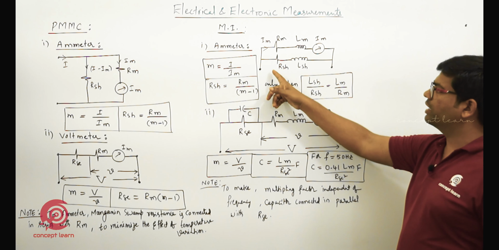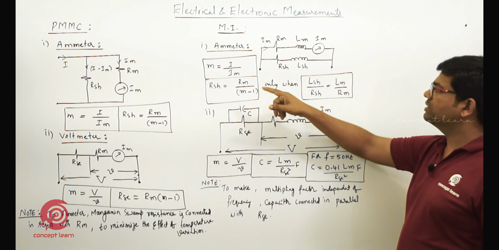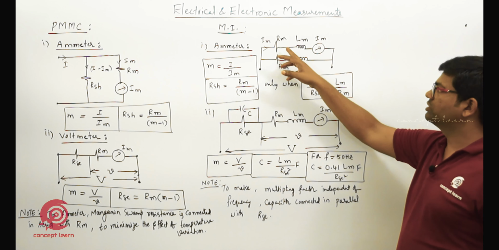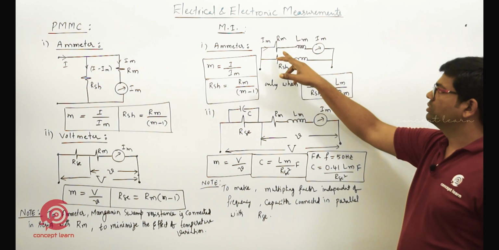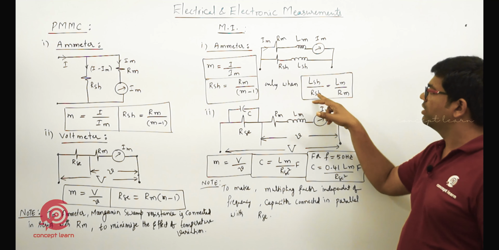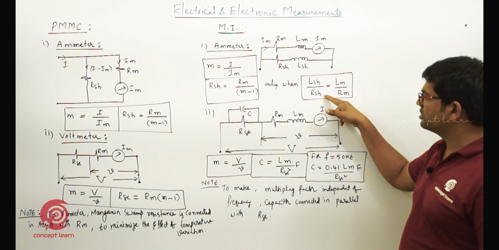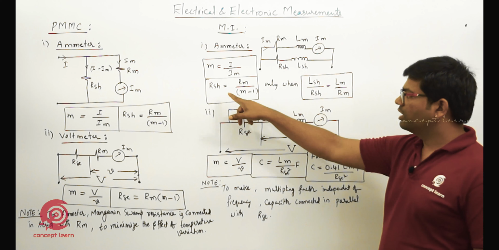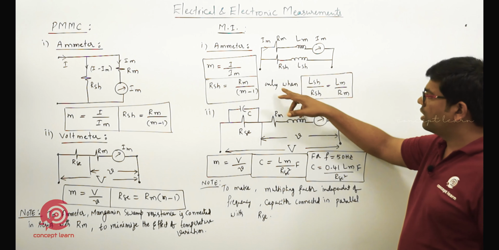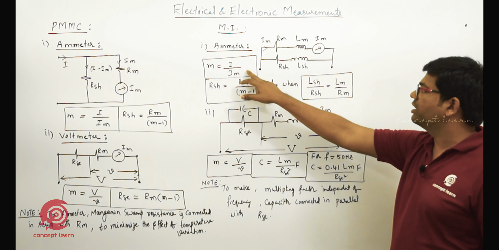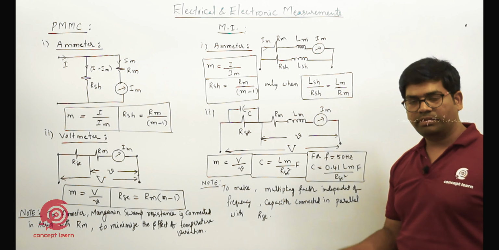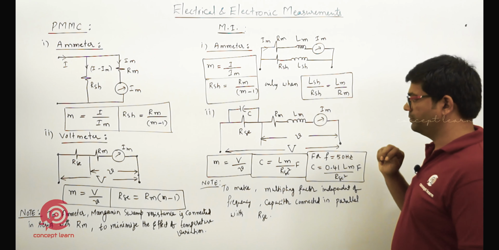Now when we go with the moving iron type ammeter, what is the difference? It is basically represented by the fixed coil. The coil consists of resistance and inductance. So to minimize the effect of inductance, definitely we place a shunt coil, and we select the same time constant for the shunt branch as well as the meter, so that we have the same relations we observed for the PMMC ammeter. To make the reading or multiplying factor independent of frequency, a shunt coil must be connected, and the same time constant must be there for the shunt coil as well as the meter.